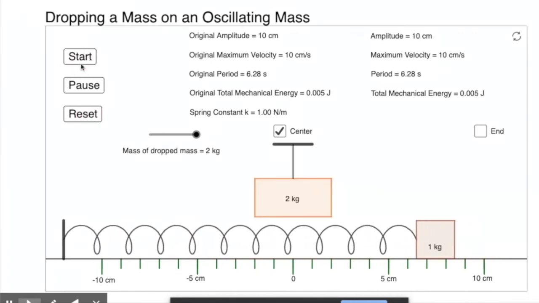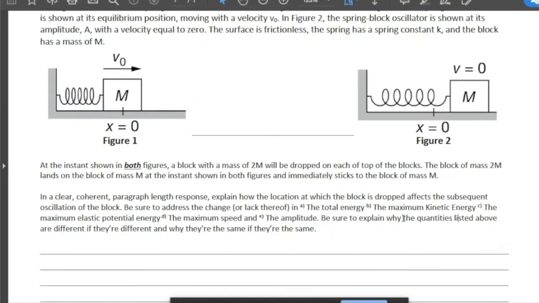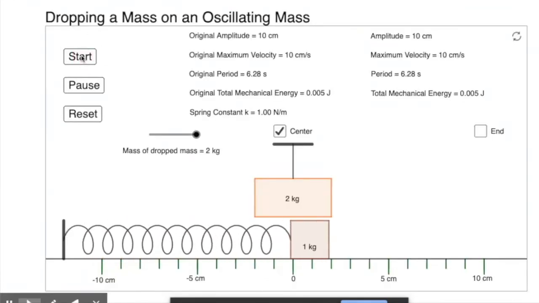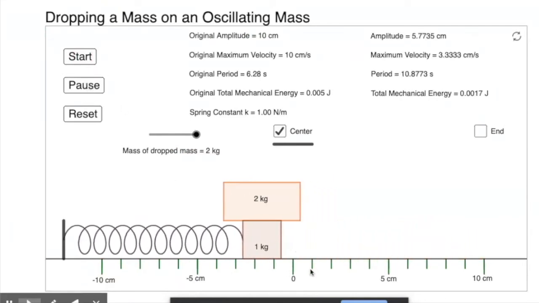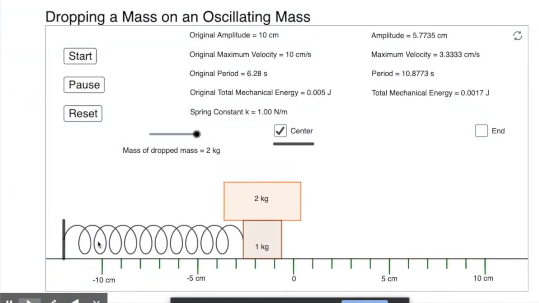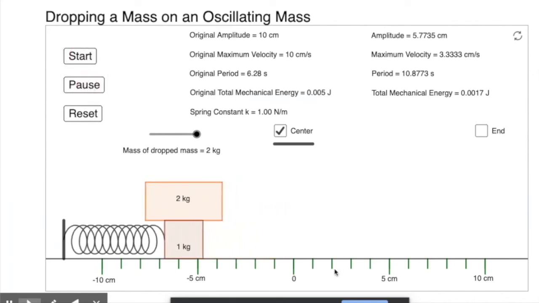Now I'm going to reset this and start this one more time, so let me just pause it. The next question is asking about the maximum elastic potential energy. And I think the most important thing to keep in mind about this problem is it's a conservation of energy problem. Whatever amount of kinetic energy this thing has at the equilibrium position is converted to elastic potential energy at the amplitude. So the fact that as soon as these blocks come into contact, now there's less kinetic energy present in the system, well, of course there's going to be less elastic potential energy present in the system now,